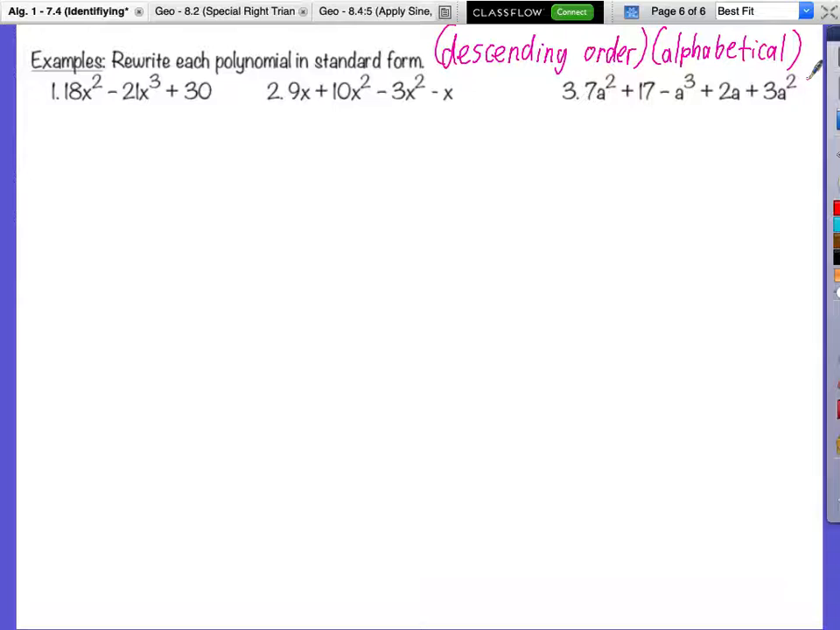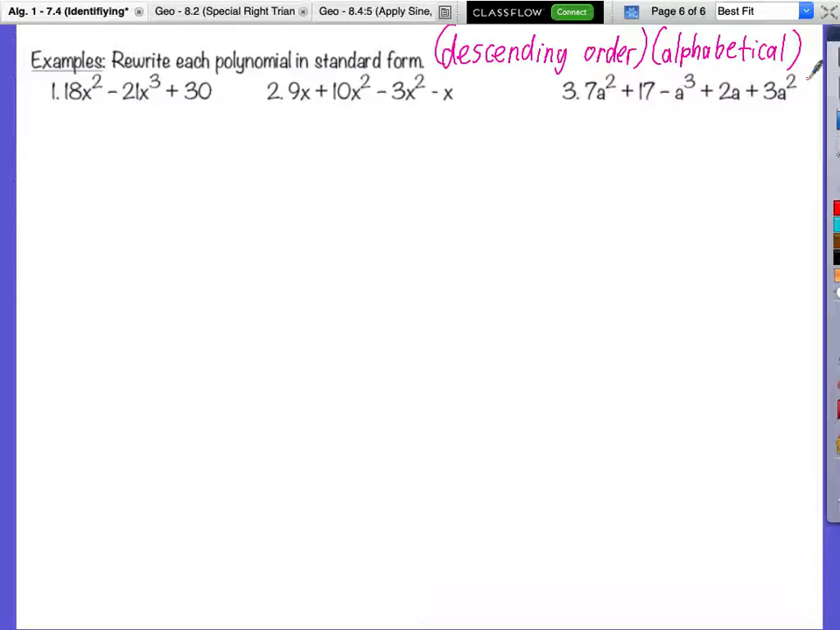So what's descending mean? Going down. Going down, okay? So you start at the top and you go down. And alphabetical means that A would come before B, right? You're going to order like A, B, C, D, E, F, G. Okay, so on this one,